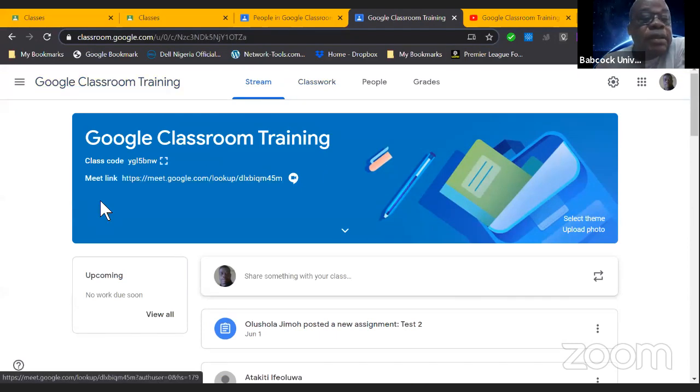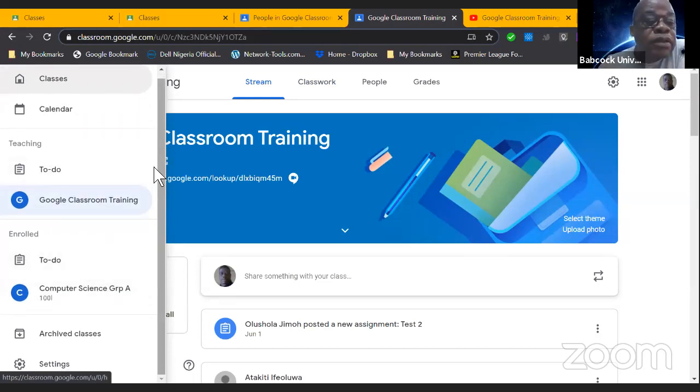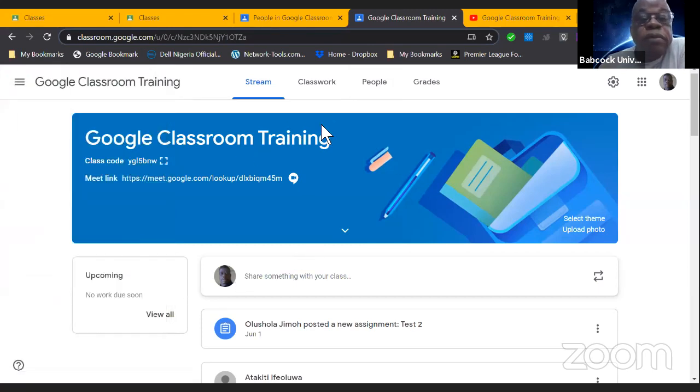So when we get to the class, when you click on this menu, it will tell you all the classes that you have joined. And then you can also go to your desired class by clicking on any of the classes as appropriate. So when you get to the class, there are 4 menus here. One is stream, the other is classwork, and then we have the pupil here, and then we have the grade. These are the 2 that are very relevant to you as